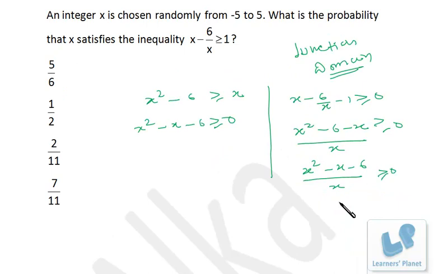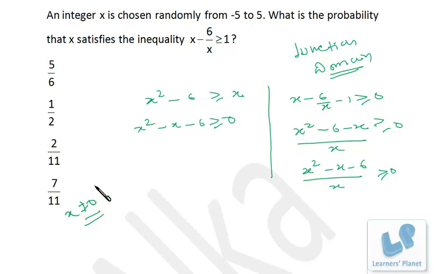See, in case of inequality, whenever you go for cross multiplication, you will be missing this x. And x is a variable, so the value of this x is equally important. You cannot eliminate that. You cannot multiply it directly to 0. The first important thing observed here is that if there is no x in the denominator, you cannot discard the value x is not equal to 0. Here you don't see x in the denominator, but here you see x in the denominator.